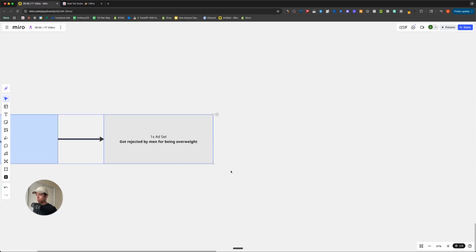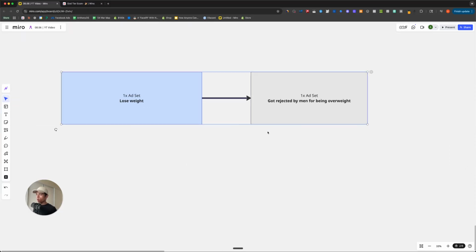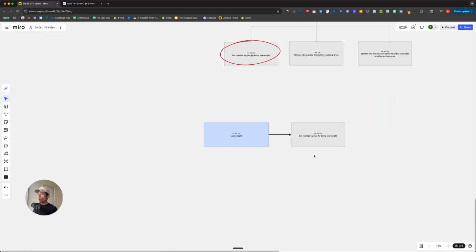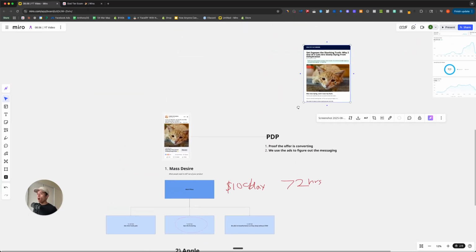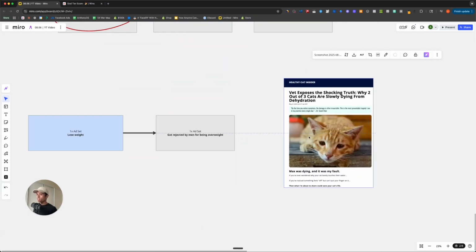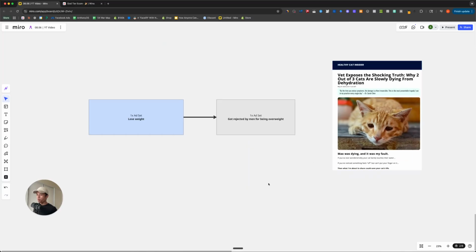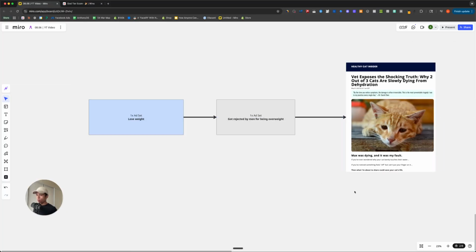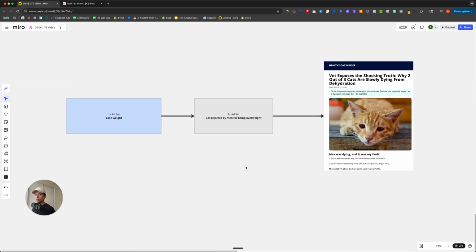So you have the desire, you have the angle. Now with these things in mind, ideally at this stage, you're also converting profitably on the product page. Now you write the advertorial, now that you actually know what to say in it. So you have the messaging dialed in, validated, and converting. Now you can bring the messaging into the advertorial. And this is the process and the strategy that you can steal and implement right now